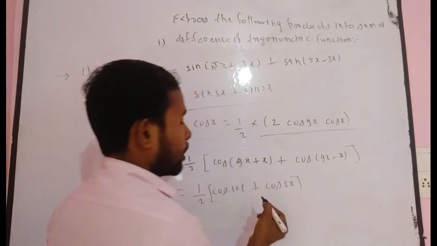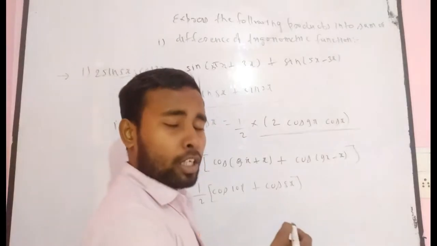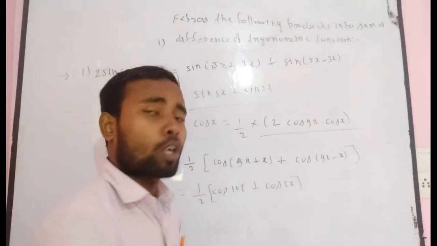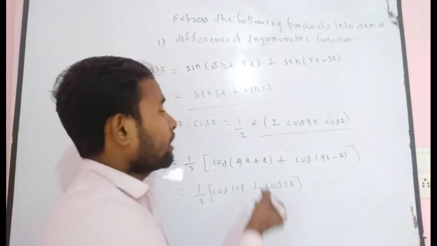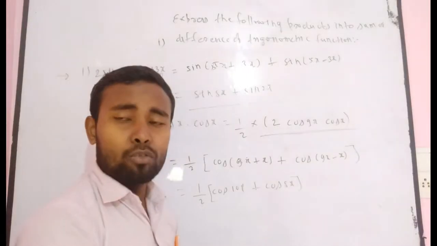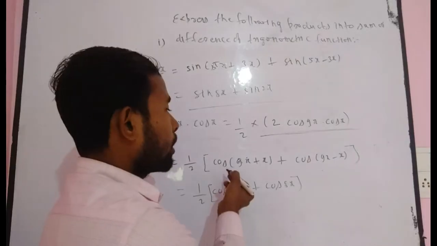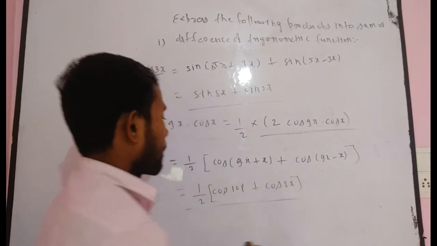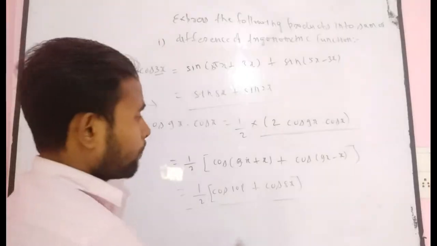Simply, there is another way you can convert it. Cos(a plus b) will be cos a into cos b minus sin a into sin b, and cos(a minus b) will be cos a into cos b plus sin a into sin b. In this case sin a into sin b will be removed, because in this term sin a into sin b is negative, while in this expression sin a into sin b is positive. So both of them will be removed, and finally you get 2 times cos a into cos b. So there is another way also, but you simply have to remember the simple formula and solve this problem.